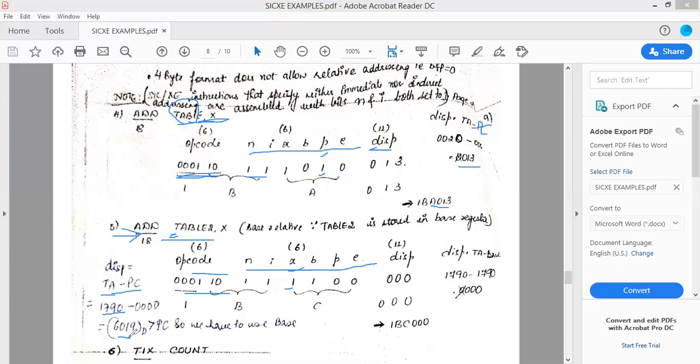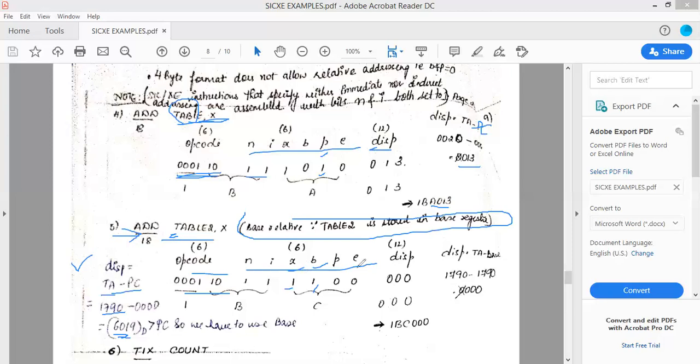2048 to 2047 was its range. So this is out of its range. So now you have no other choice. You have to use base addressing. Okay, so that is why B is set to 1 here. For this purpose, we have used base addressing. And in the notes, this is the reason mentioned here. You consider this also as an extra reason for it.